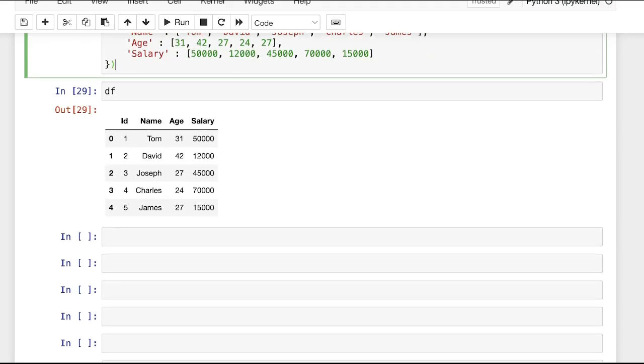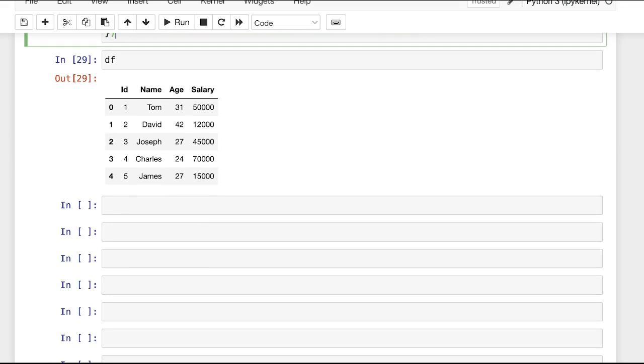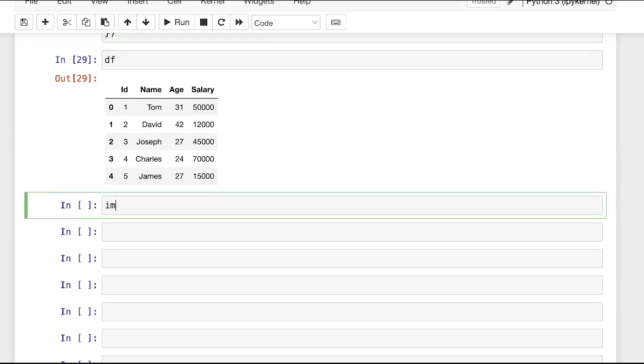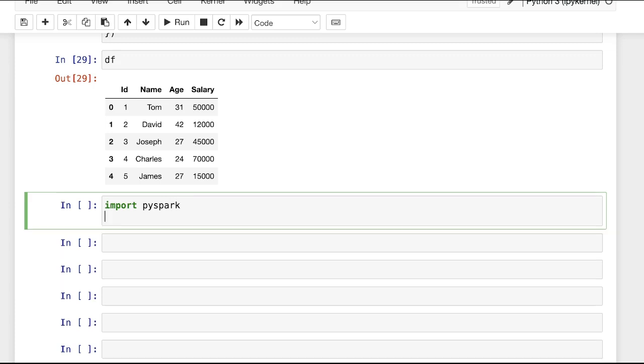To do something very similar using PySpark, we will first import PySpark. Then we will import the Spark session.